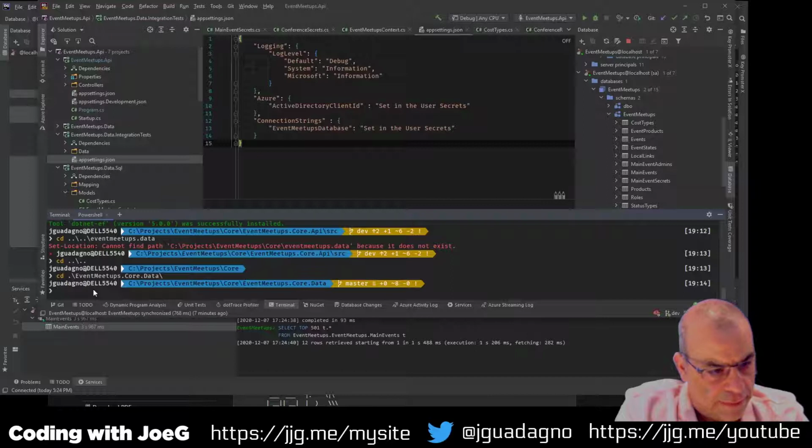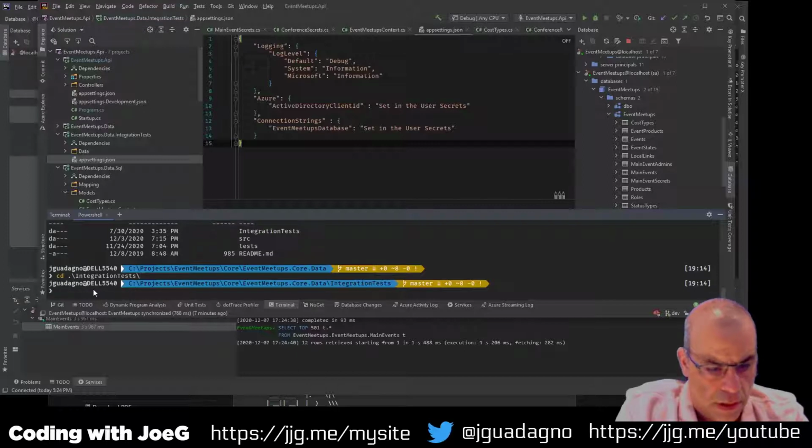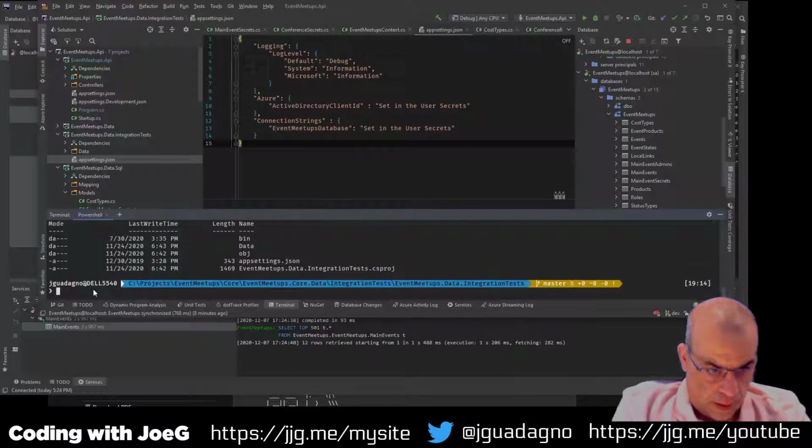It gets in the test folder. cd integration test folder. Now do dotnet add